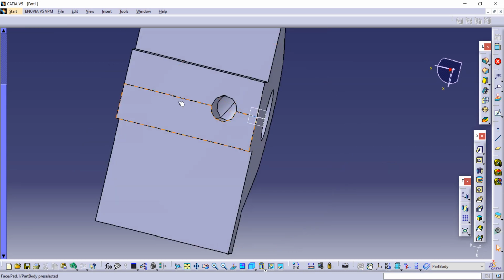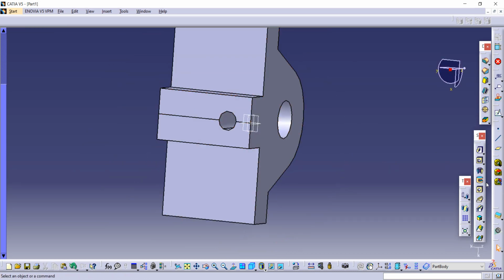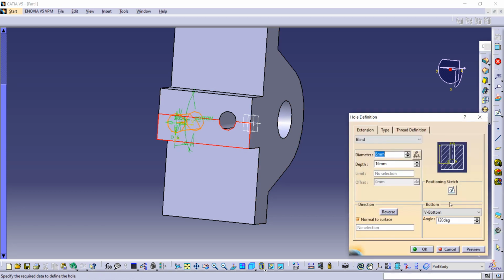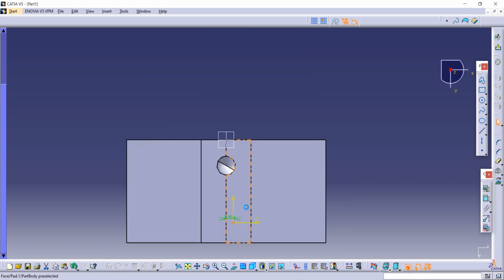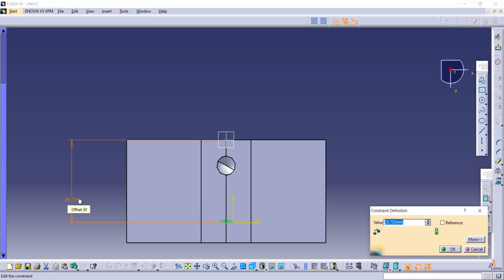Now similarly we have to sketch on this side also. So select hole from here, select the axis on which you want to hold it, and then you have to go on sketch option from the constraint box, go on sketch option, and then again use this as 0, and distance between this external axis to the center of the hole is given as 16 plus 8, it's 24, and after that